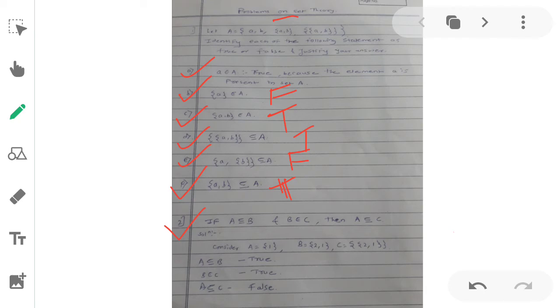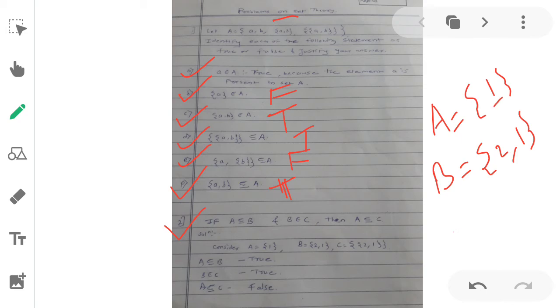Here A is equal to {1}, B is equal to {2, 1}. The element 1 is present in B, so A is a subset of B; it is true. The first one is true.